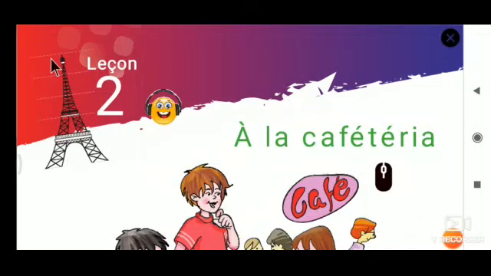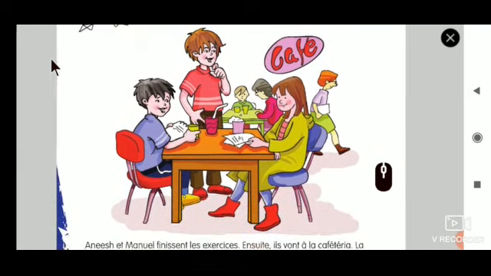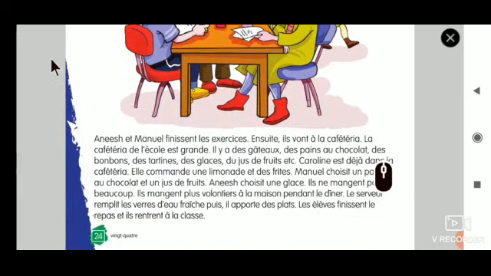Okay, since 7th standard, let us start with lesson 2. Lesson 2 was À la cafétéria. In case you get this in your midterm question paper, present it neatly. So whatever is there,